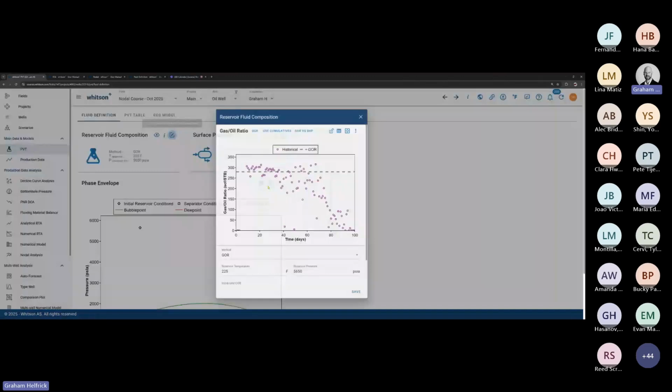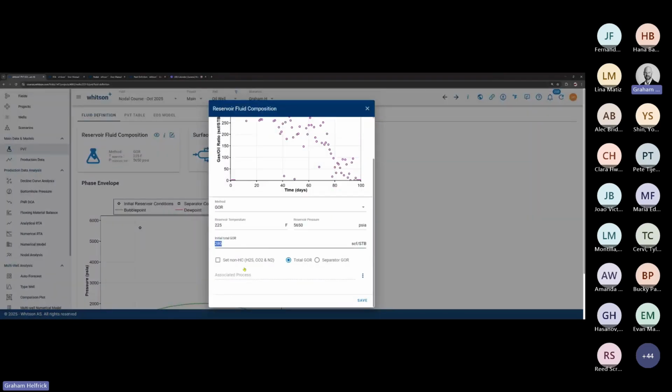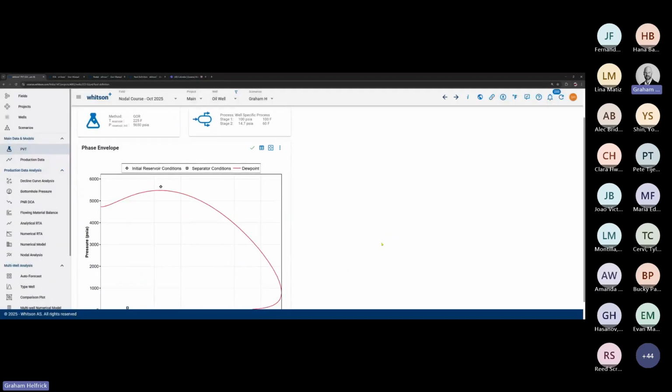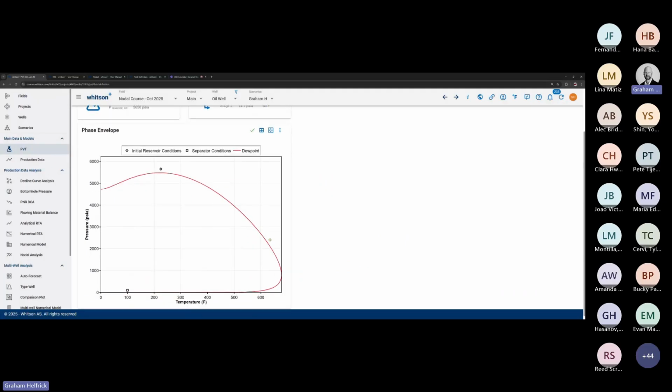You don't have to copy me. Let's imagine that we had a much higher GOR well, like something like a gas condensate, where it's like 8,000 scf per barrel initial GOR. If that was the case, we get a very different phase envelope. So with a higher, more gas condensate style reservoir, we're really close to the dew point. Okay, so this equation of state model is really quick and handy for predicting our fluid behavior